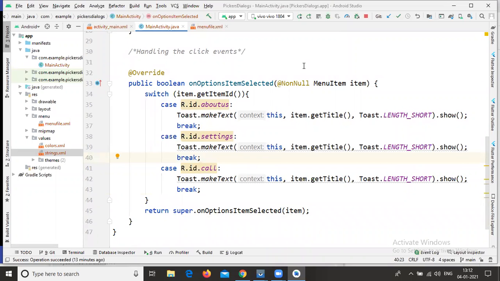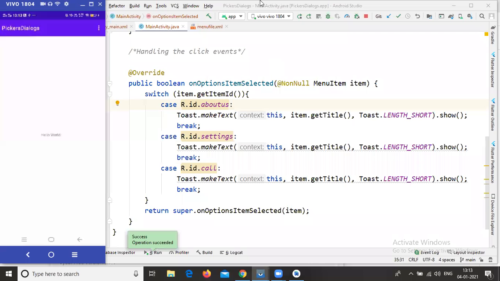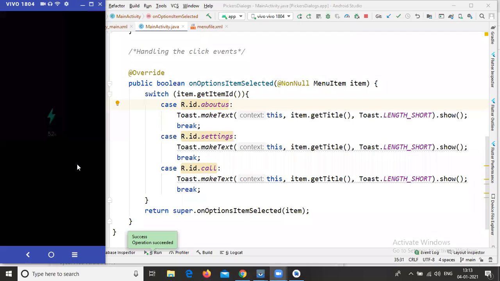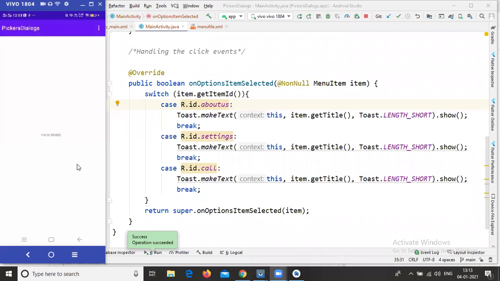I am going to run my application. I'm clicking the run button, so it is running. Let me check whether the on click event is working or not. It takes some time to execute my application. Okay, I'm getting the output. Here it is.